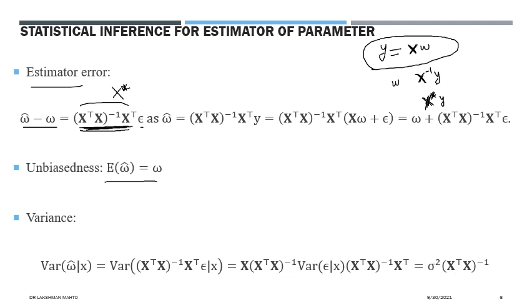The variance of omega hat, given x, can be expressed as sigma square times the inverse of x transpose x, in terms of the data matrix. Sigma square is the variance of the error. Either this would be given, or you can estimate it. Generally this would be given to you. Generally we take a normal kind of error, so for that sigma square you can get it from the normal table easily.